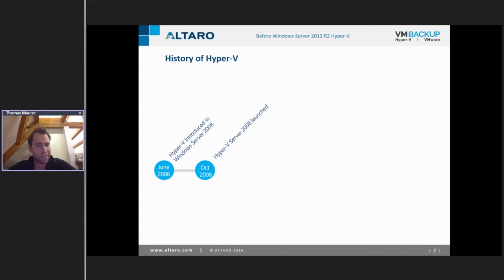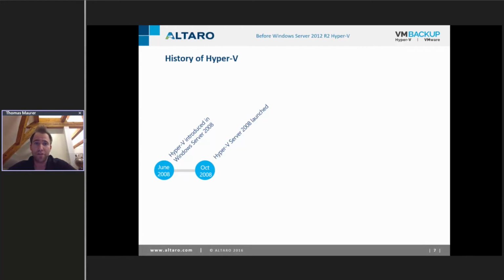A lot of people still don't know what the difference is, or what Hyper-V Server 2008 really is. Hyper-V is a role in Windows Server: you can install Windows Server and then activate Hyper-V. But a lot of people don't know that there is a free version of Hyper-V out there, called Hyper-V Server. You can go and download that.